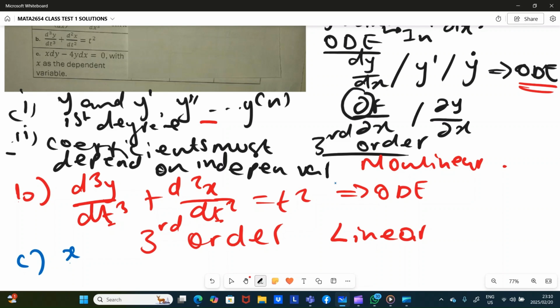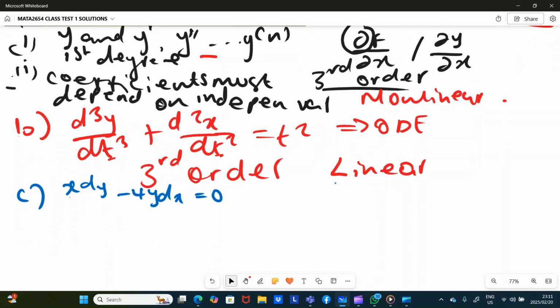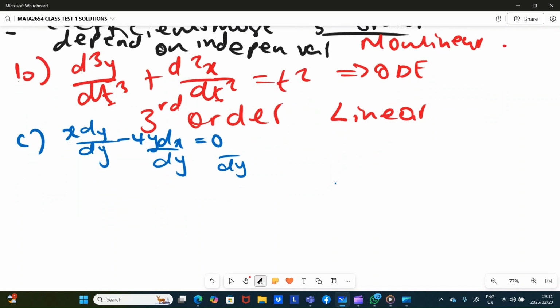we have x dy minus 4y dx equals 0. And they further tell us with x as dependent variable. So in order for us to make x dependent variable, that means the x must be at the top. So from this differential equation, we're gonna basically divide everything by dy. We want to make dy in this case to be independent. So if we divide everything by dy, our differential equation ends up something like x minus 4y dx over dy